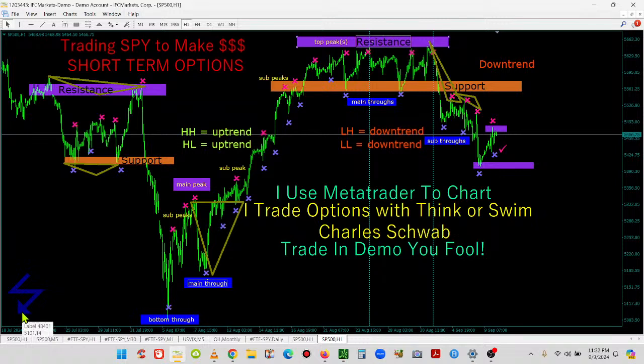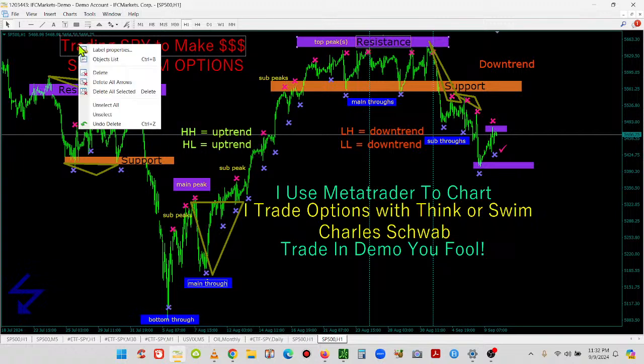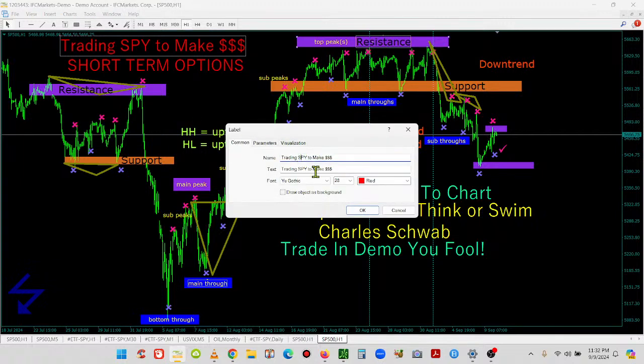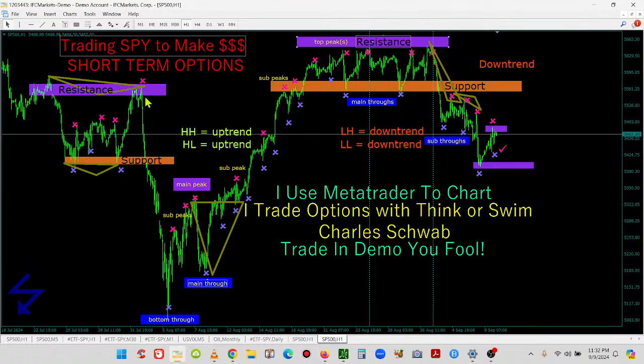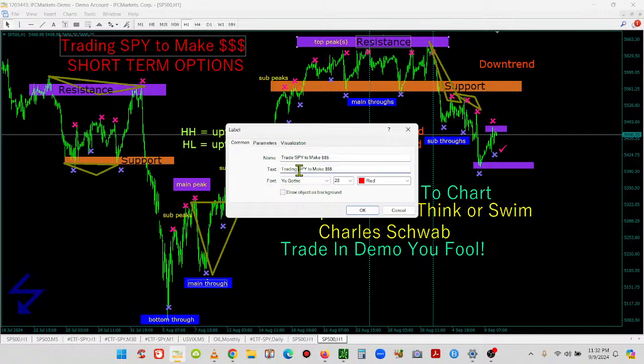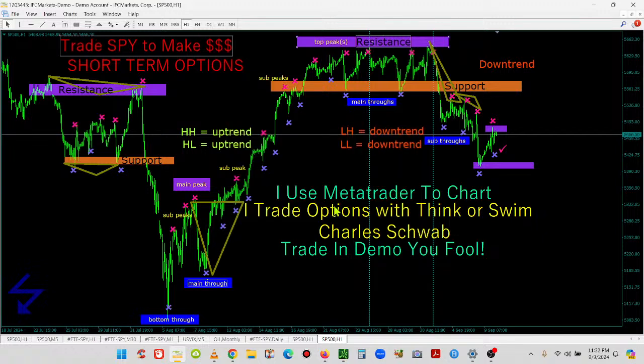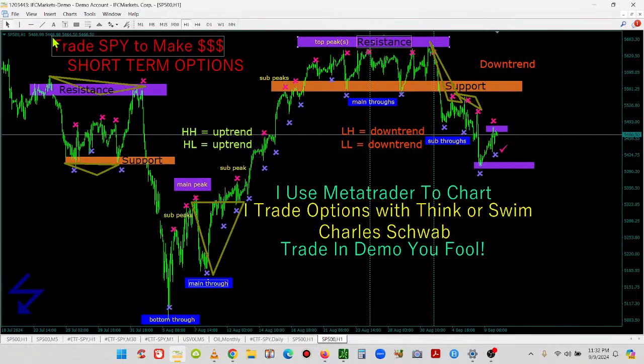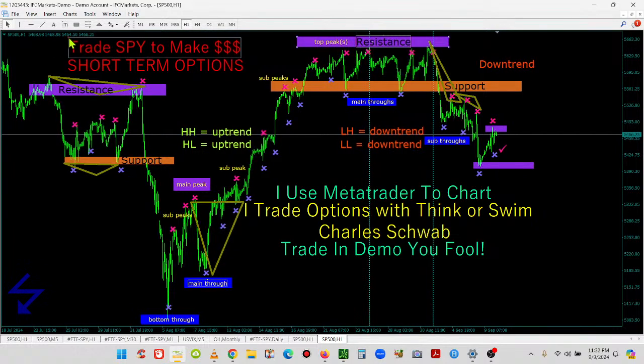So you always got to look back to look forward. That's going to be our saying. You always got to look back to look forward. So we can trade SPY to make dollar signs. And how do we do it? We do it through short-term options, but